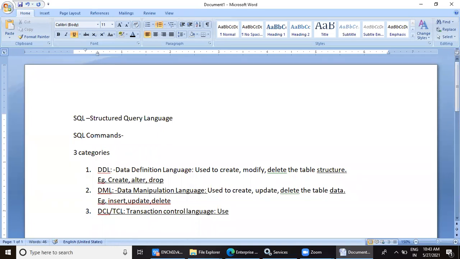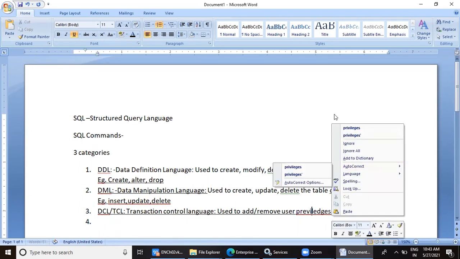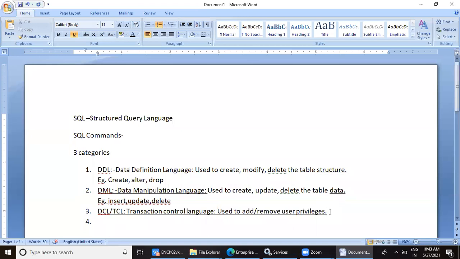Used to add, remove user privileges. Examples: grant, revoke. Done?